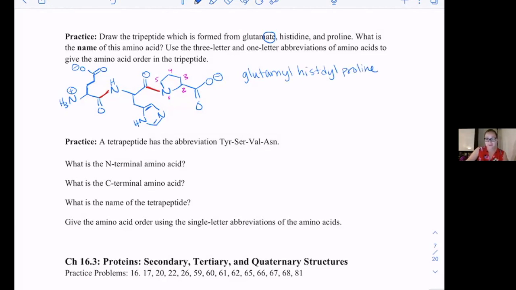I will not ask you ever to pronounce these, so good luck. If you want to try, go for it. That is the full name of this peptide. Then we have our 3-letter and 1-letter. So glutamate,